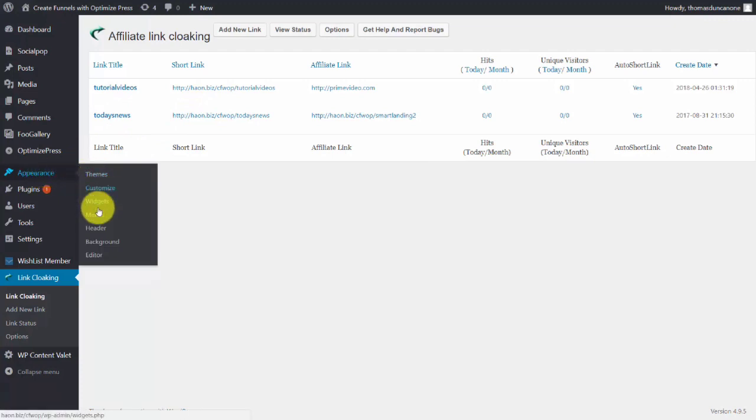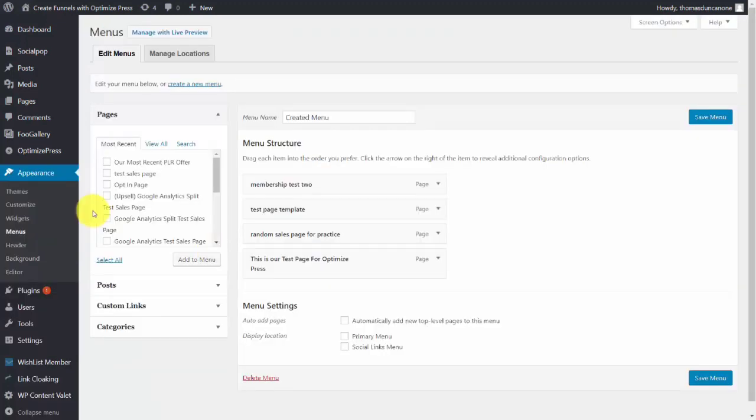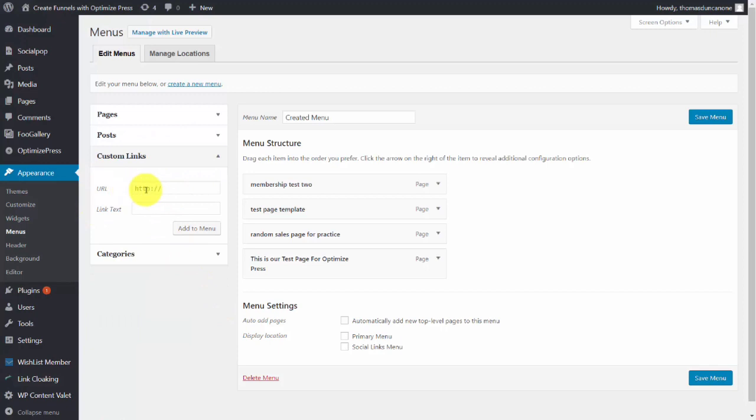Now, one more thing that you can do is you can alter the menus and appearance. What we're going to do is we're going to go to the menus area, and we're going to create a custom link. What we're going to do is we're going to put in here our video URL. And what we've done is we've made sure that this item is always going to be in our WordPress menu so that people that come to our page will be able to click on this link and be taken to